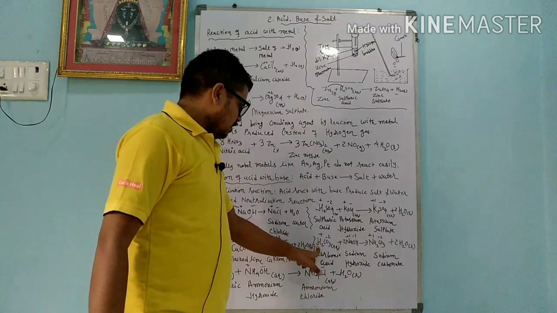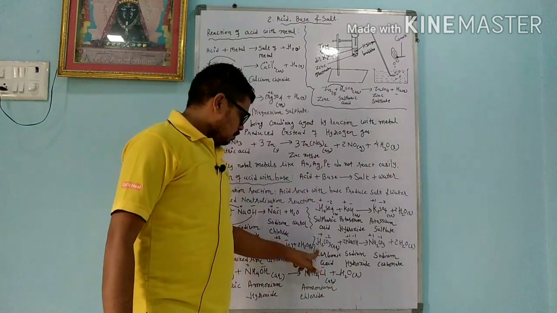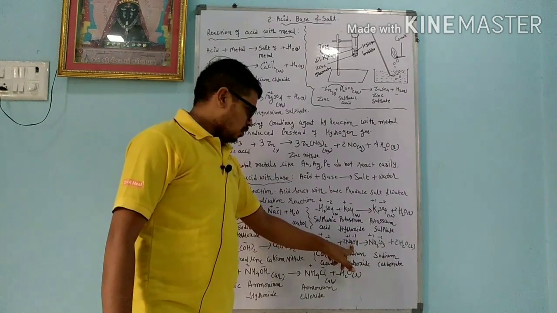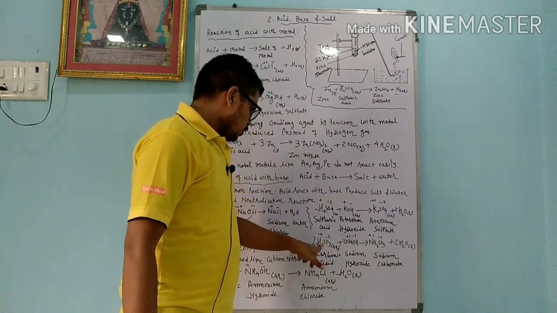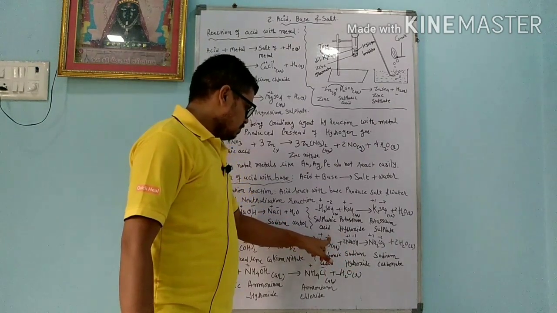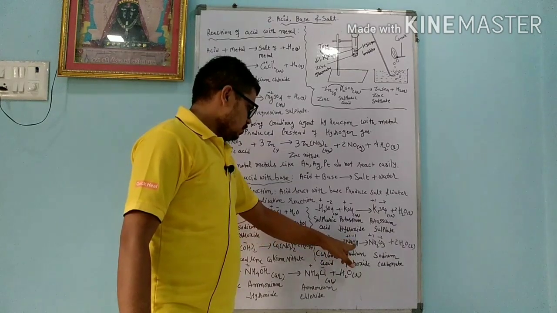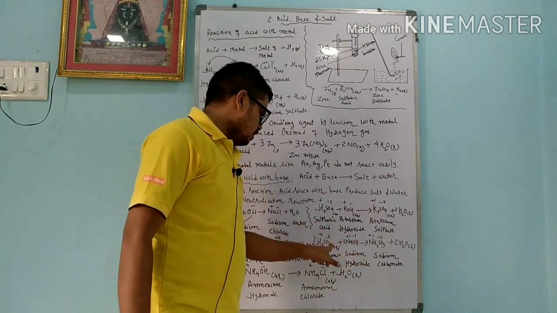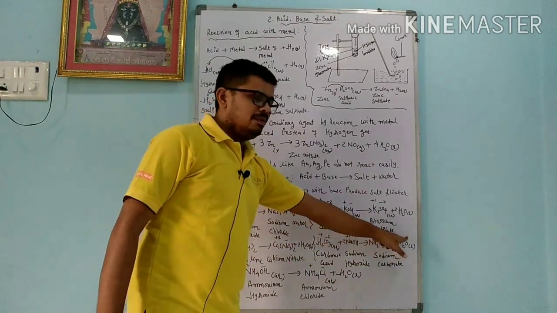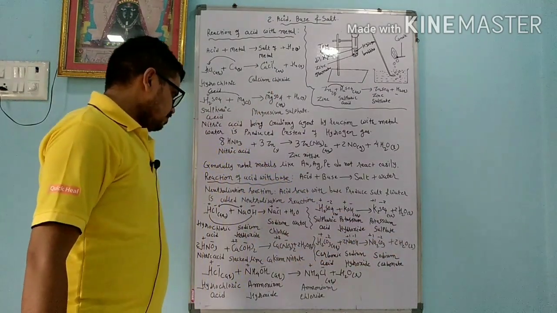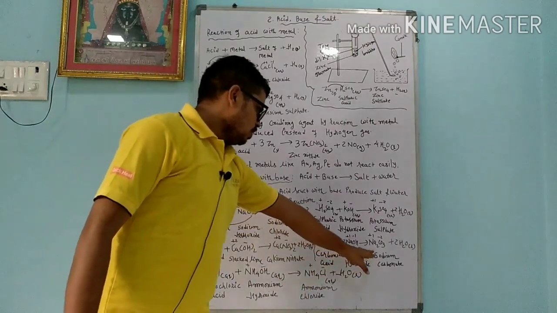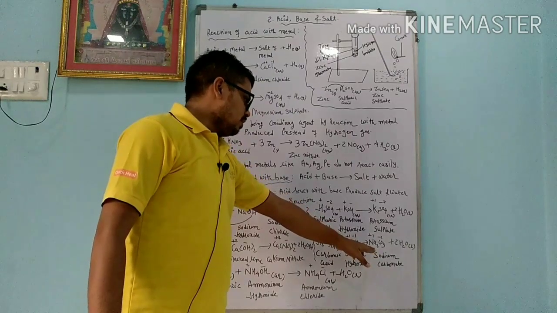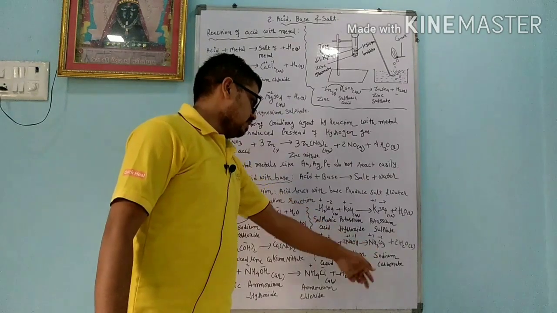In the same way, 1 mole of carbonic acid reacts with 2 moles of NaOH. NaOH is also called caustic soda. Here you have to remember that H is +1, CO3 is -2, Na is +1, OH is -1. Na reacts with CO3 to give Na2CO3, and H and OH react to make H2O. This is called sodium carbonate. Sodium carbonate is also called washing soda when more water molecules are attached to it.